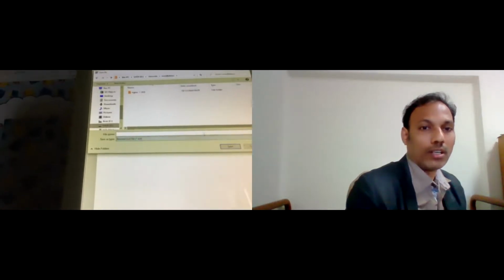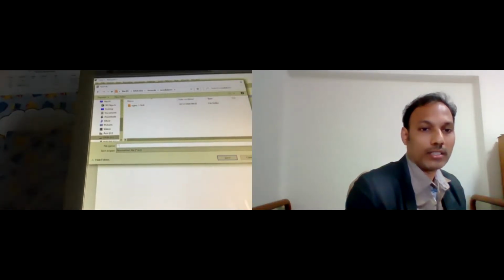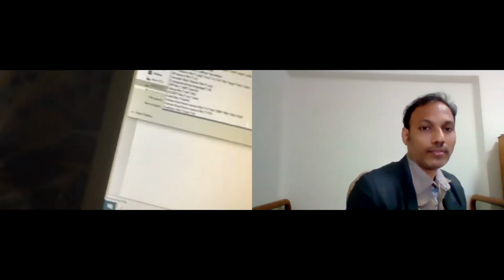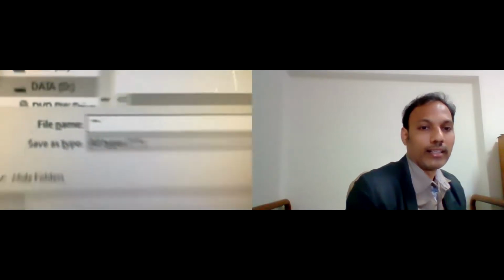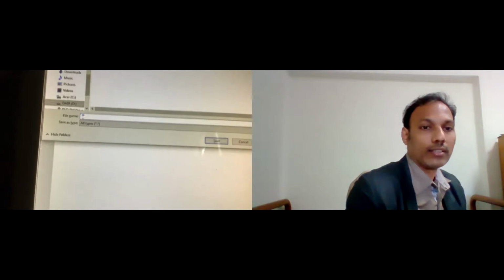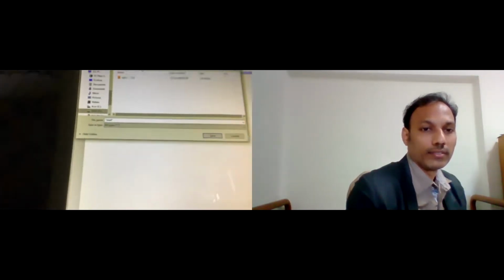Change the save as type to all files. All types, correct. And now within the file name, within double quotes, start nginx dot bat.